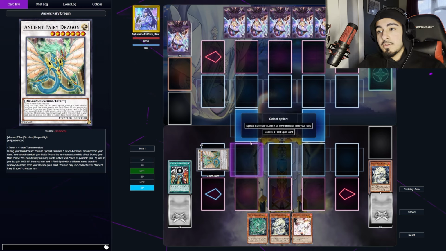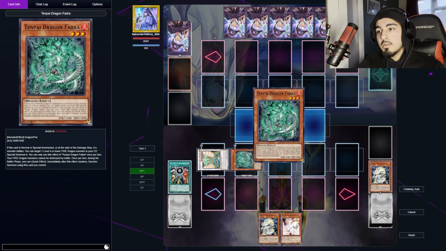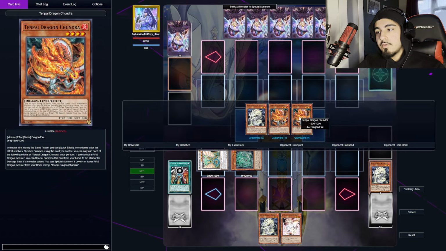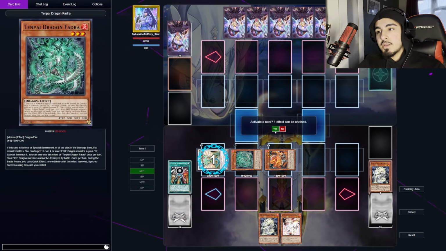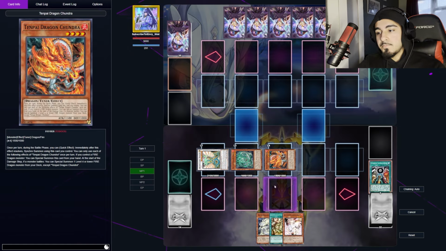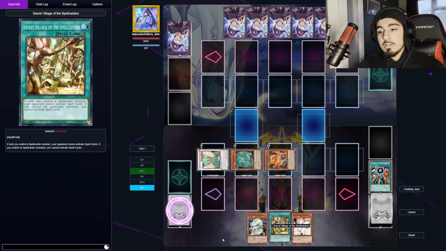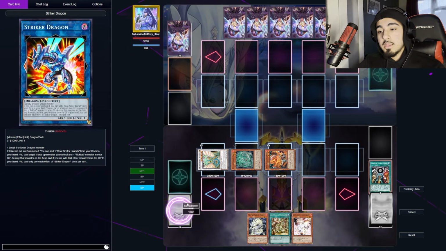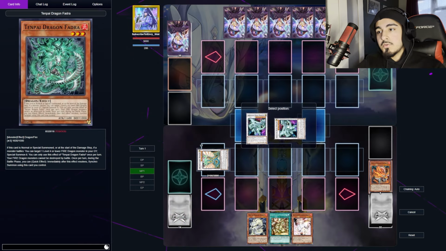So our Ancient Fairy Dragon allows us to special summon a Fadra from our hand, and then we can activate Fadra's effect to bring back a Chandra. We can then activate Ancient Fairy Dragon's effect in order to add a field spell to our hand. Don't activate it yet, because you might have another spell card that you want to activate from your hand. So let's see, just wait a second, go into Shooting Rise Dragon,